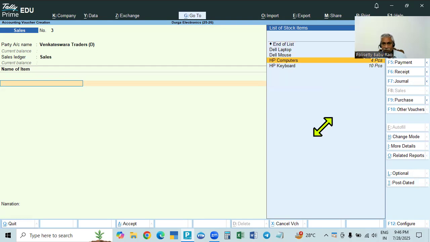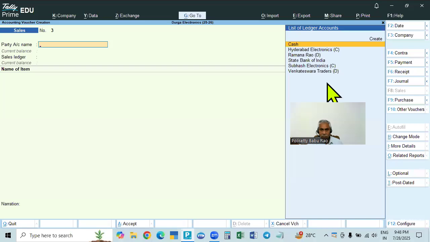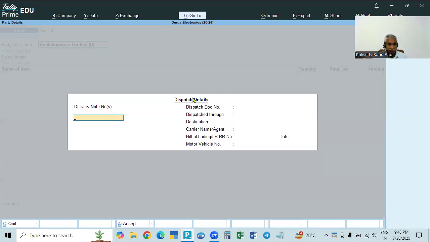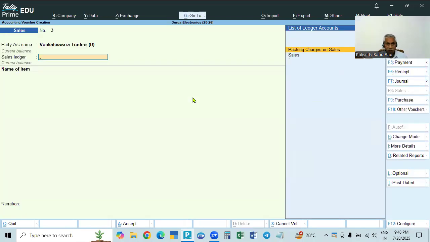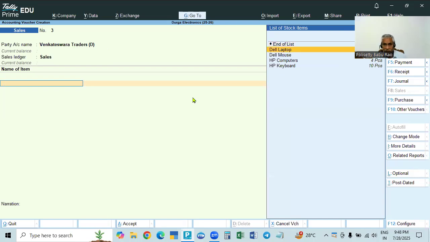Everything is okay. Now we are making the sales. In the sales entry, we already purchased goods, so the purchased goods are in stock with us. Now we are selling the goods to Venkateswara Traders, the name of the party. We have all the stock. Now we are making sales of